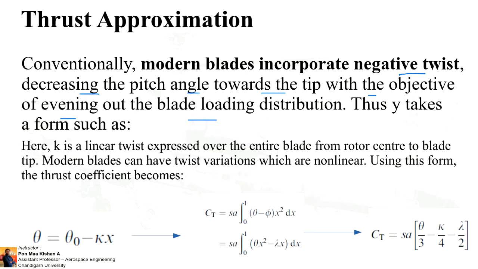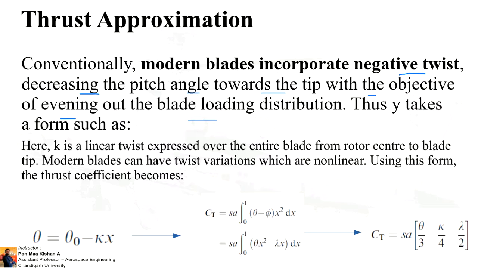Because yesterday I also told you, for the forward moving blades and the rearward moving blades, the lift generated in the forward moving blade will be higher, whereas the blade which is going back will generate lower lift. So in order to maintain those uneven conditions, if we make some pitch angle and give some twist at the tip section, our helicopter performance will be good. Now we are implementing the twist angle, so we need to understand how the induction of twist angle is going to change the thrust coefficient.